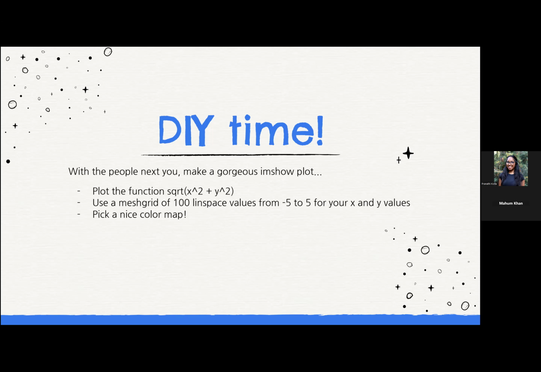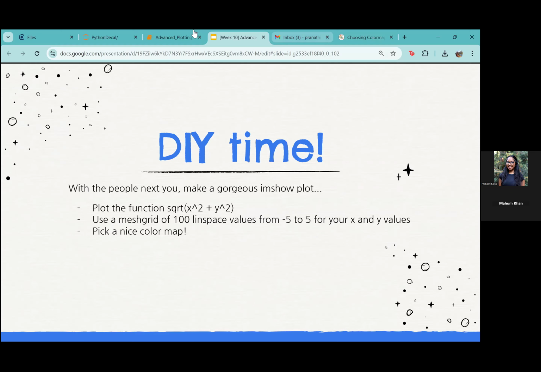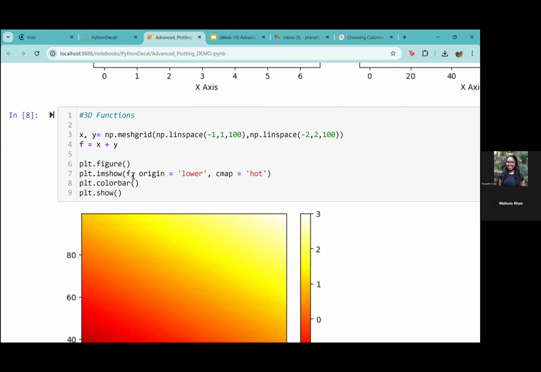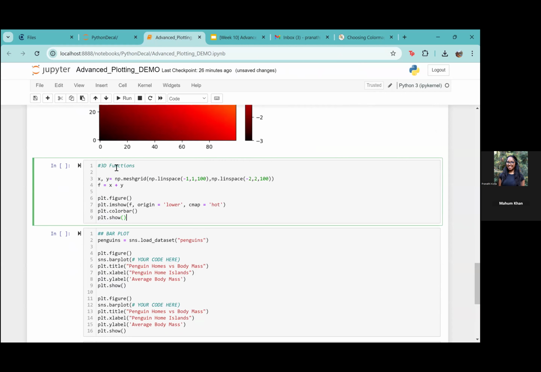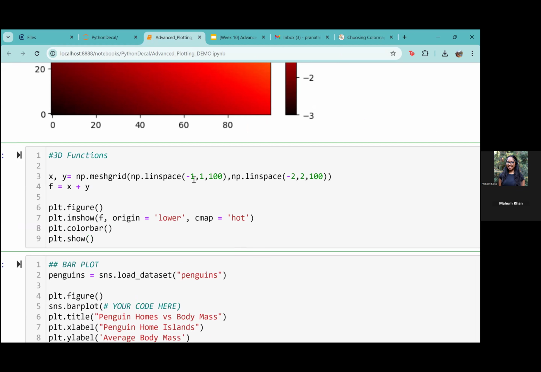Does anyone have any progress, any ideas? Has anyone been able to get a plot? Yeah. Okay, do you want to walk me through what you did? I said x comma y equals np dot meshgrid, and then, yeah, so that, except for that I changed the